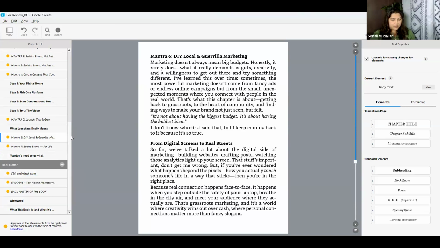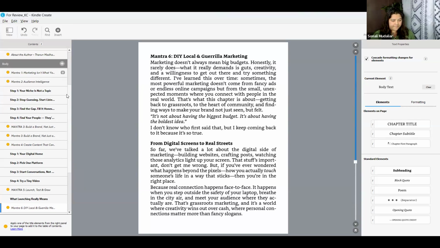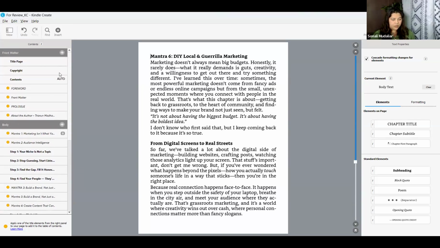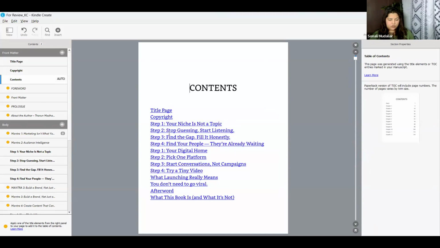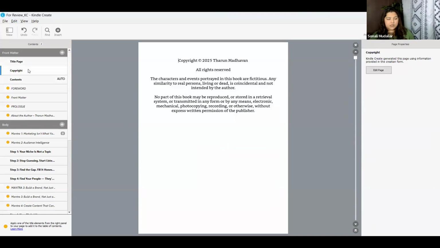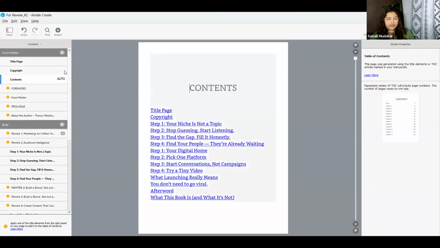Okay. So more or less I've done what all things I could with the content that I had. Now I'm coming over here. So check this and let me know if these are your chapters. Are these your chapter details? No, not right. So we are going to edit each one at a time. So the first page is done, copyright is done, contents is done.